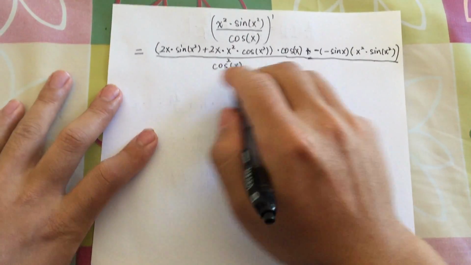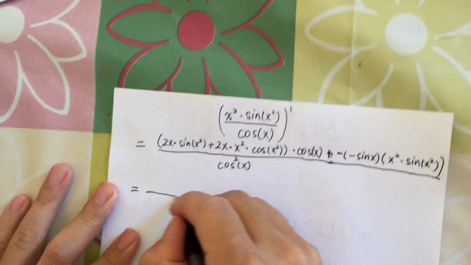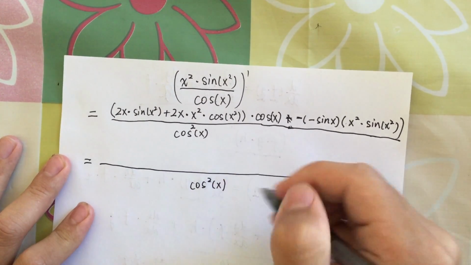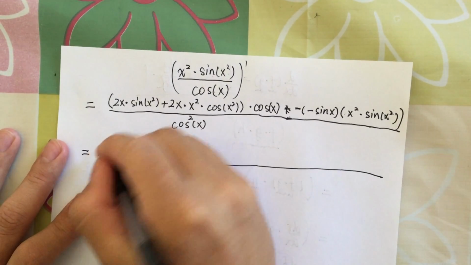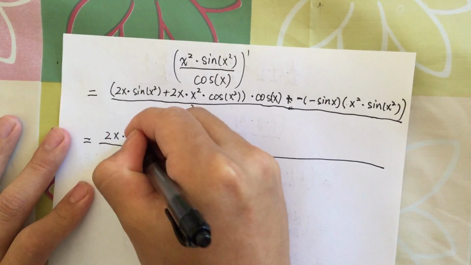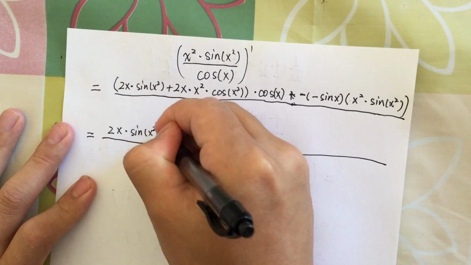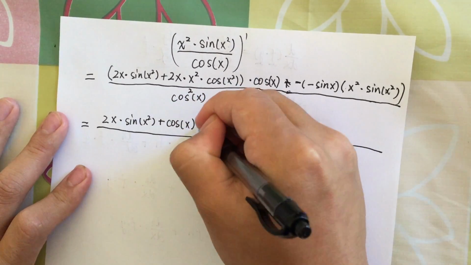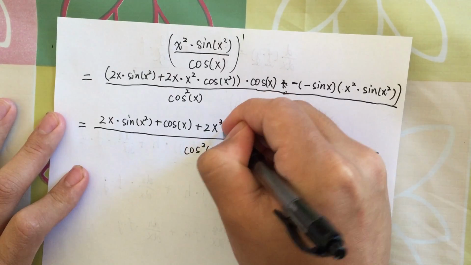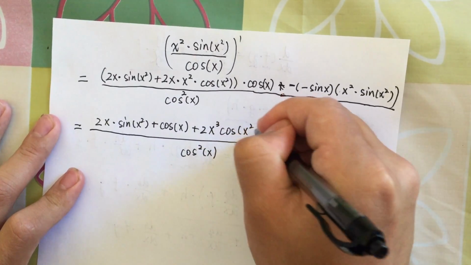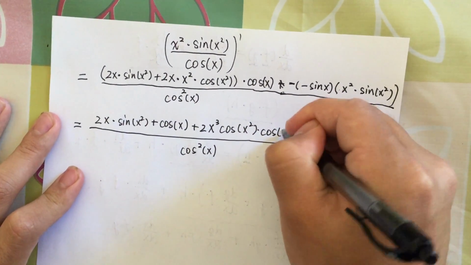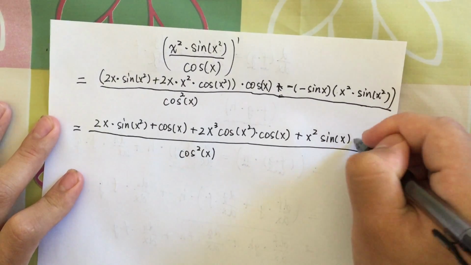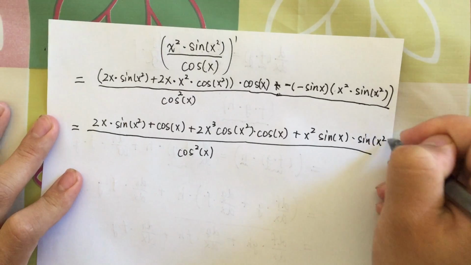So we should write it in a much clearer form, which is cosine squared x over 2x times sine x squared times cosine x plus 2x cubed cosine x squared times cosine x plus x squared sine x squared,